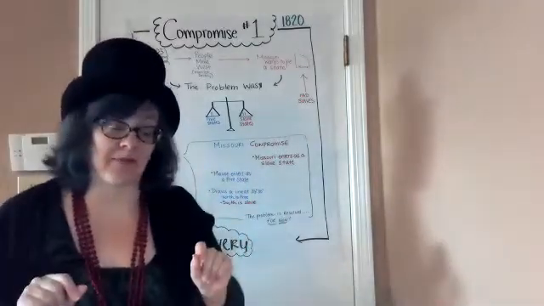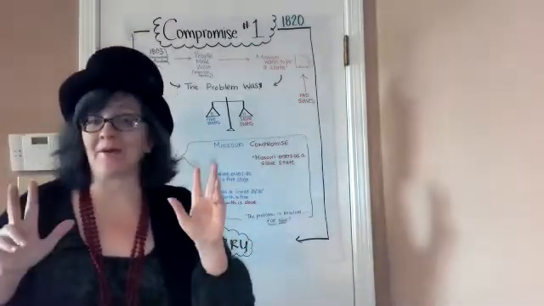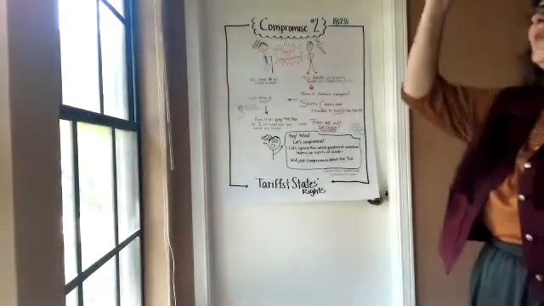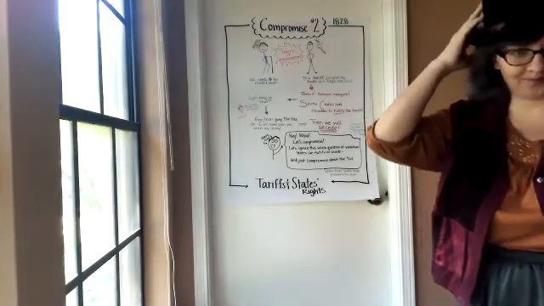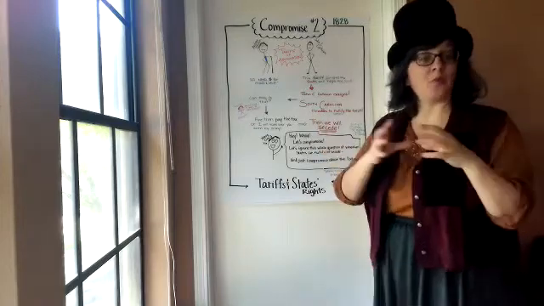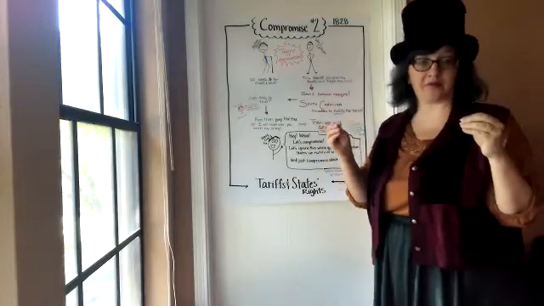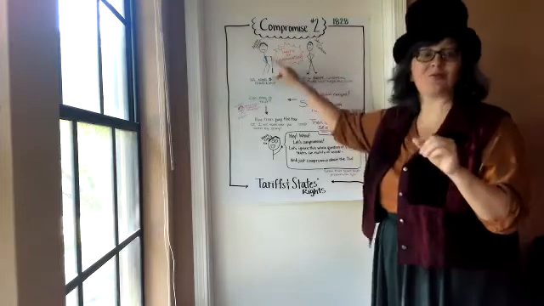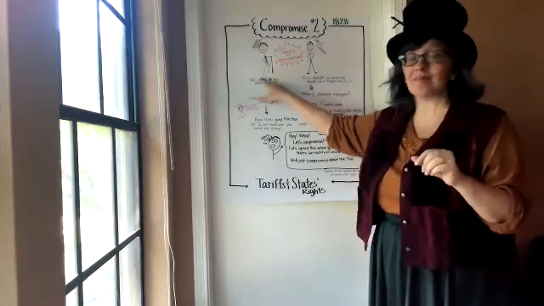Now, let's go take a peek at our second compromise, which happens about 8 years later in 1828. So here we are now in 1828, and we're ready to look at our second compromise that's going to help postpone the Civil War. So first of all, in 1828, you have President Andrew Jackson, and he's going to get